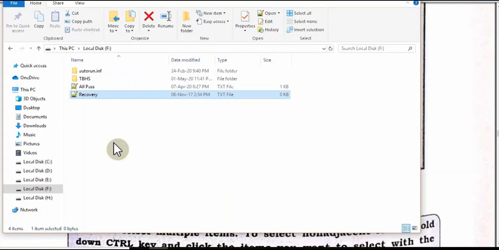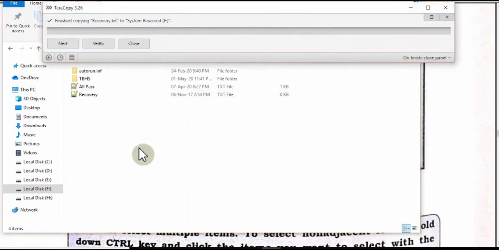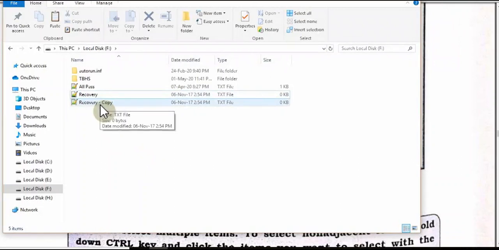This file was created for network connectivity. Now how to copy? There is an option for copy. You can click here and this file is copied. If you want to paste here, there is an option called paste. Please paste here. You can see that the original file is recovery and the new file is recovery copy.